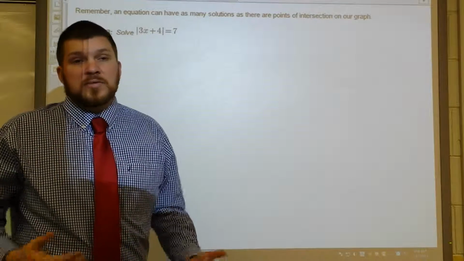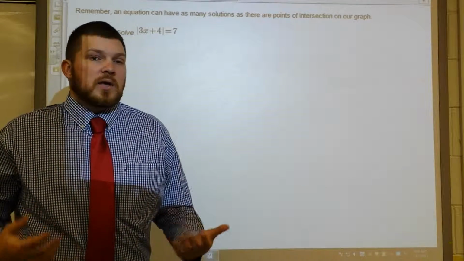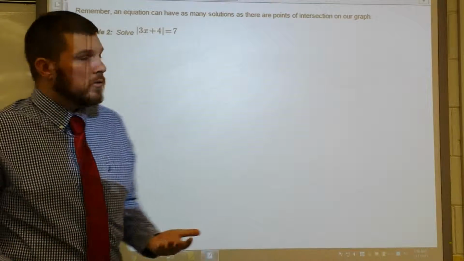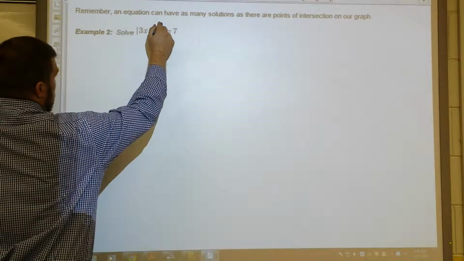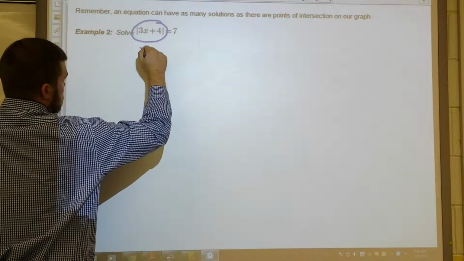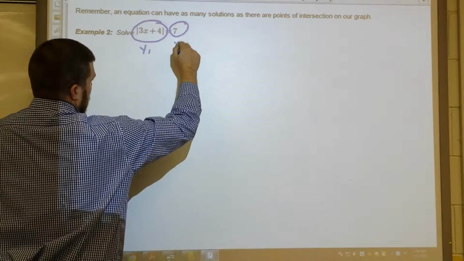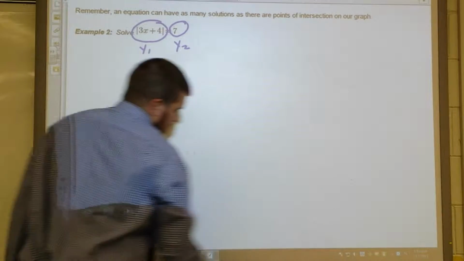Same thing when we graph. Sometimes we're going to have multiple points of intersection, and that means that there's going to be multiple answers to our equation. So let's do this example. Only doing this one by graphing, so whatever's on the left goes in y1, whatever's on the right goes in y2. So using my calculator,